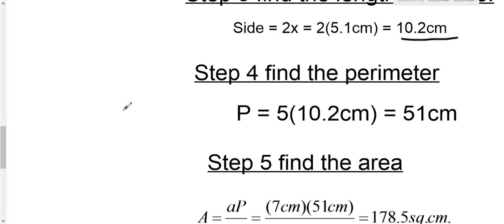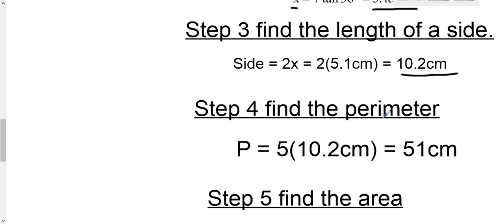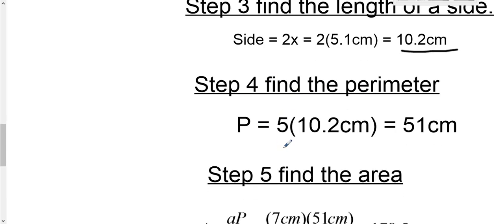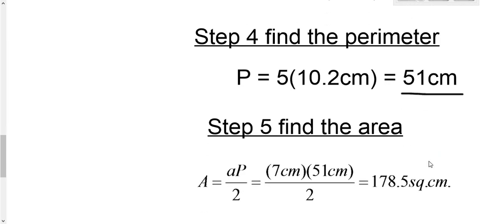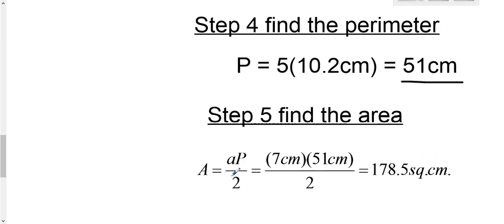Now we're ready. We've got the side, so we're ready to solve for that perimeter we needed. Remember, we needed the apothem and the perimeter. We were given the apothem, we found a side, now we're finding the perimeter. So there's 5 sides that are all 10.2 centimeters each, which comes out to 51 centimeters. Now the last thing, find the area using the formula. Apothem, 7 centimeters, which they gave us. Perimeter, which we just figured out, was 51 centimeters, divided by 2. And we get